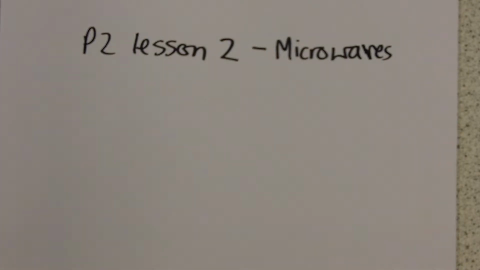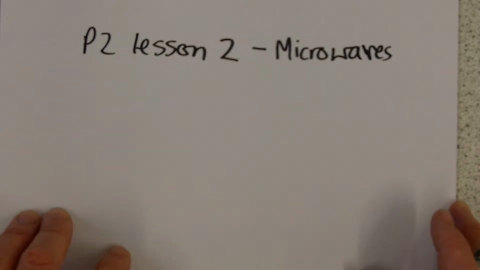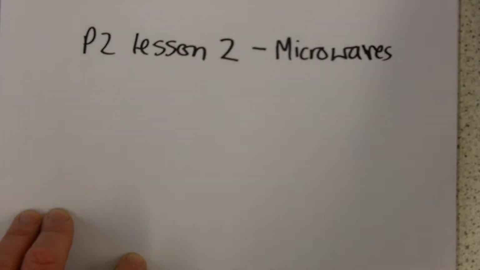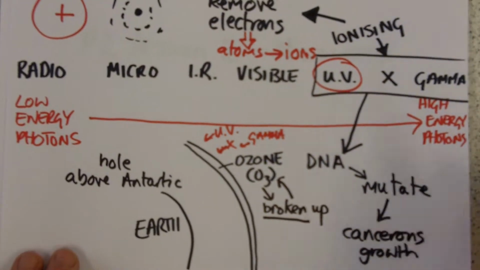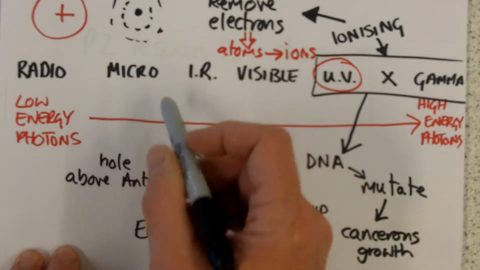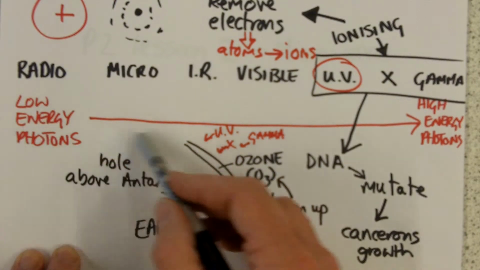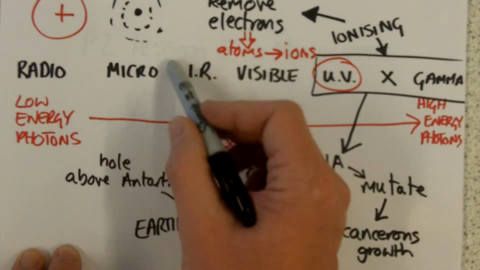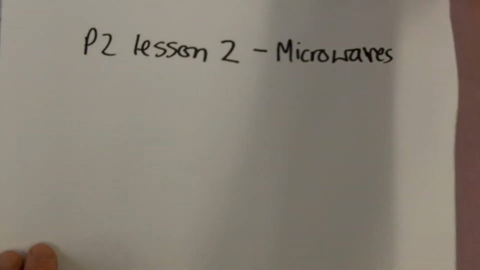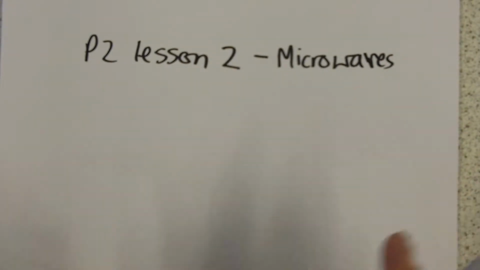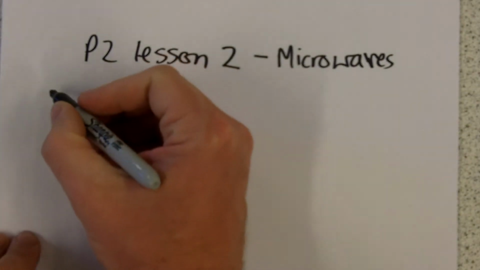So this is the P2 lesson 2, and we're looking at microwaves, and we're also going to look at the idea of intensity of radiation. Now, just to recap, microwaves are down here. Now these are the low energy photons going up to the high energy photons. So microwaves are fairly low energy end of the photon spectrum, and we're just going to define how